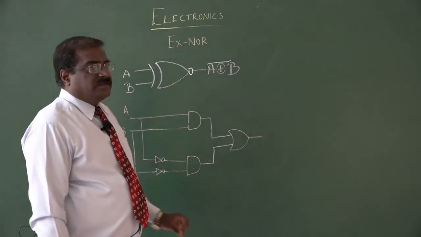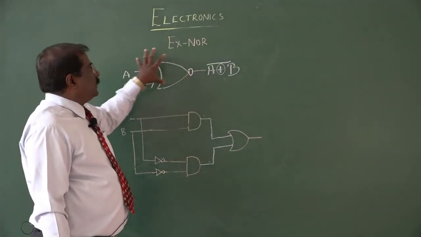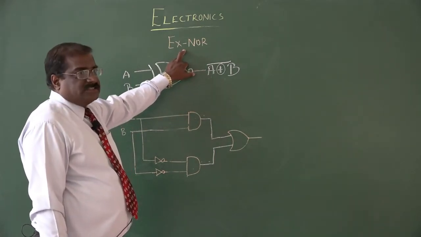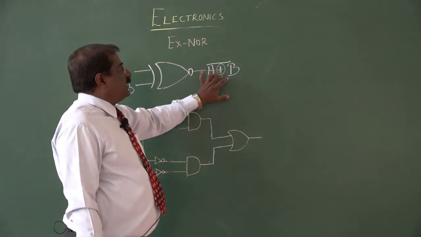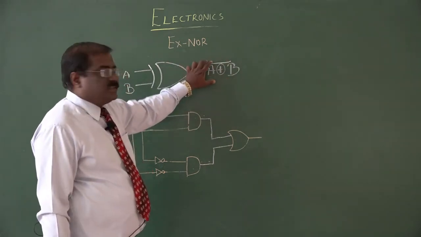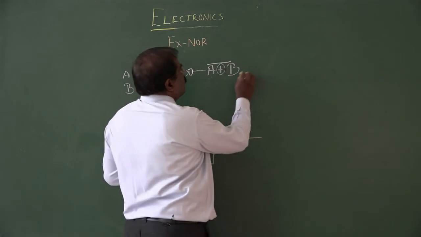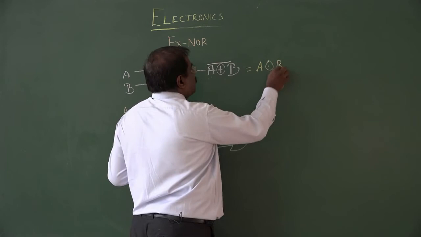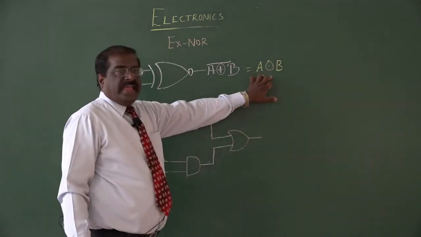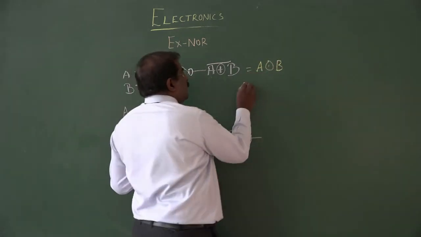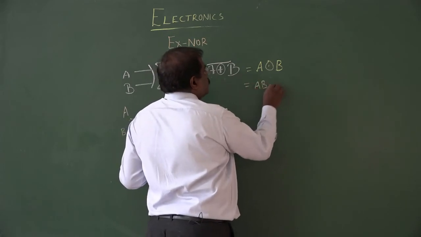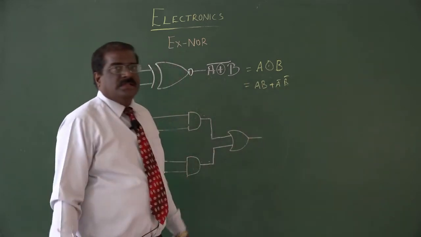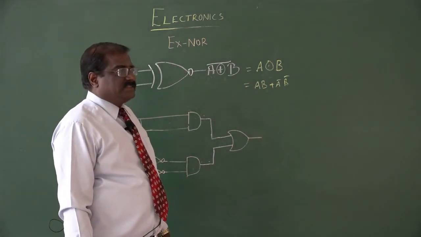Now we are going to discuss XNOR, that is the XOR gate with a bubble represents what is known as an XNOR. The output of XOR is A XOR B. To the whole bar fetches you A XNOR B, or else we can also write A dot B. This is also called the XNOR function, or else A bar B bar. So AB plus A bar B bar, this is also called the XNOR function.